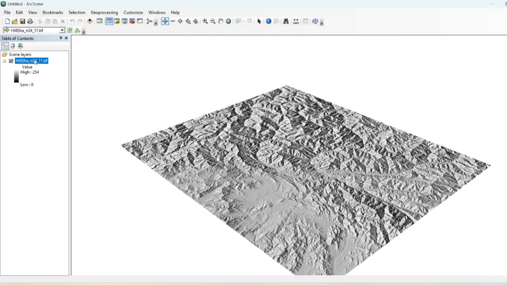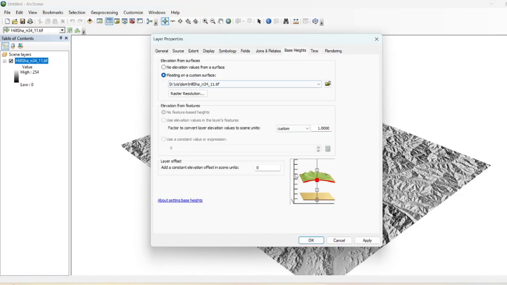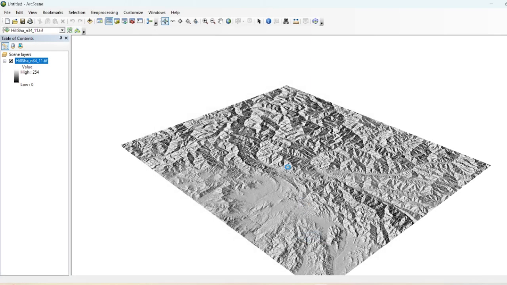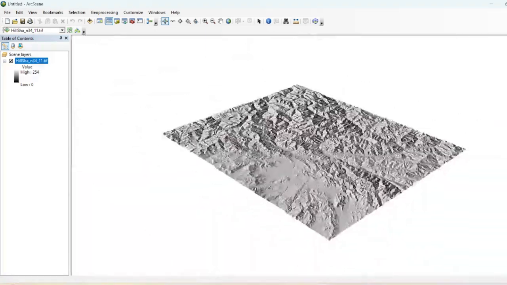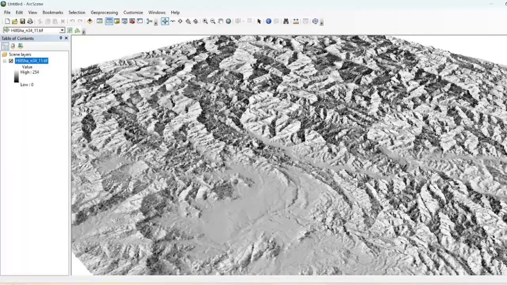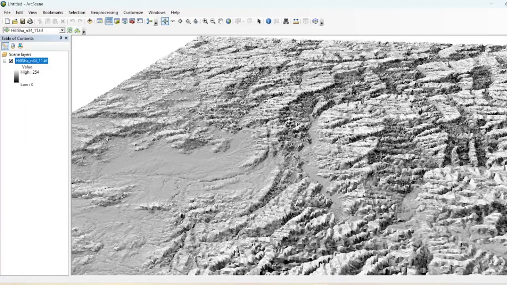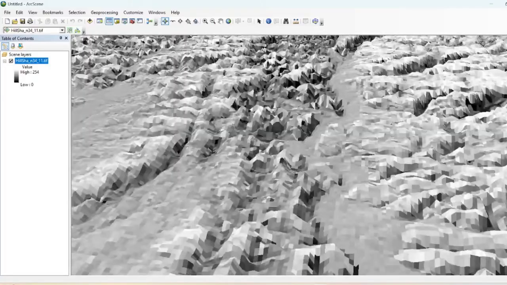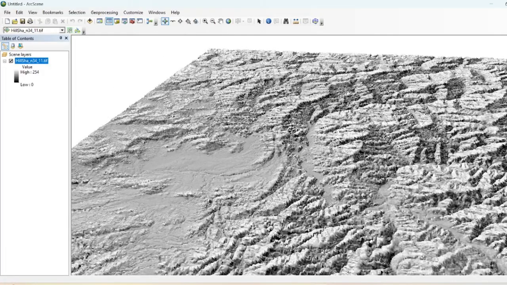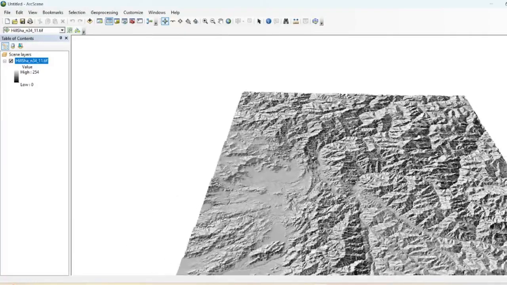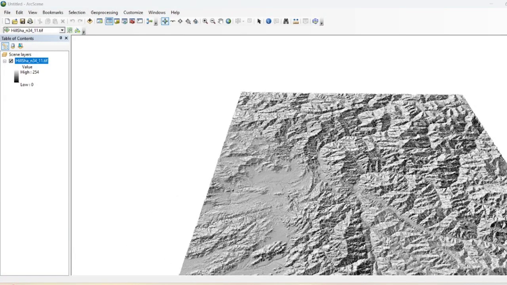So now it's quite good. Again, go to base heights and keep this to 3. Okay. So if you have a good quality DEM dataset, then you will not see this type of distortion in terrain.